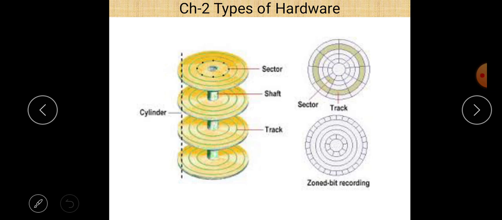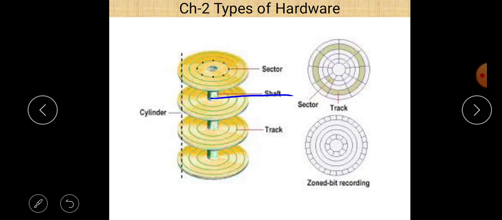These disks are rotated by the access arm; they are connected to a shaft, and the shaft is connected to the access arm, which can rotate the disk, and due to rotation you are able to read and write data